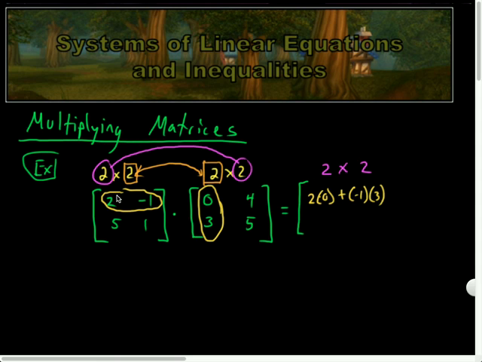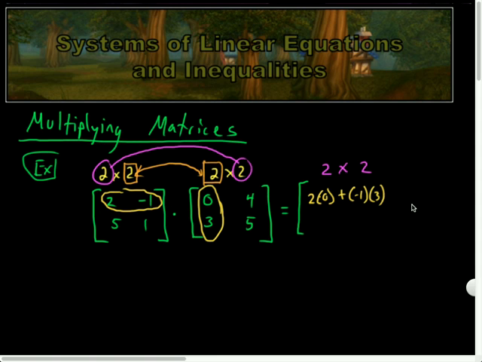Okay, so notice what I do. I multiply the 2 by the 0, and then I shift right in the first matrix, and I shift down in the second matrix, and then I multiply -1 by 3. Okay, I realize this is crazy. It takes a little while for it to take root, so don't go crazy just yet. All right, so the next one,